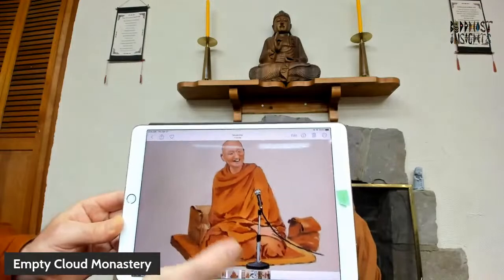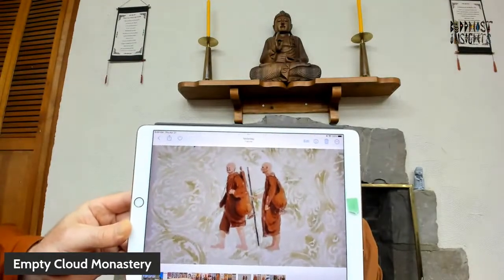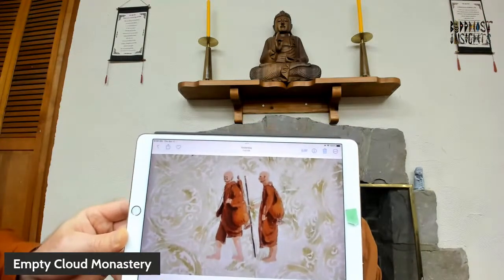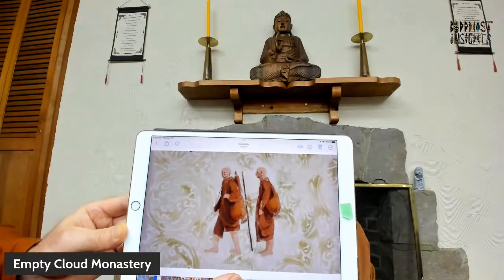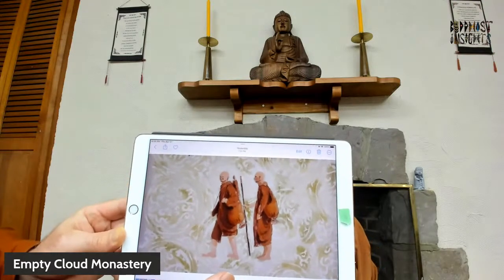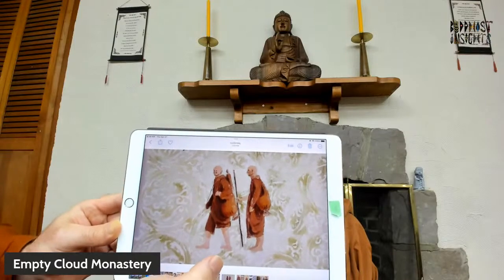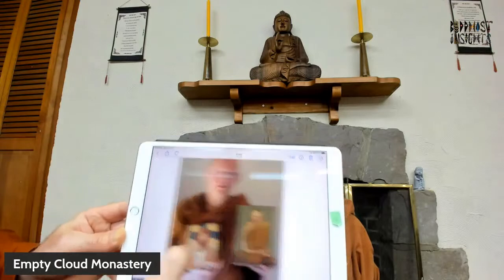Next one. And this was from a photograph in Thailand of two monks on what's called Tudong, just wandering practice. They have their alms bowls in those bags, and I guess probably both of them do. The lead monk has an umbrella, what they call a glot, mosquito netting that they sleep in. So that was one thing.